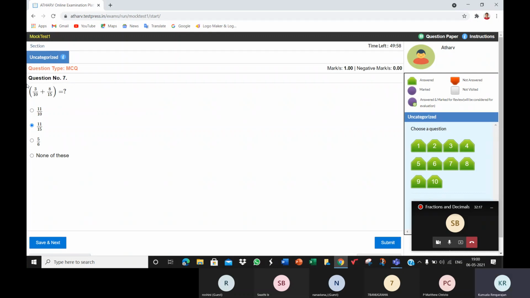Or you want to view the 4th answer again, tap on 4. It will take you to question number 4. Like that, you can go back and see if you've answered everything. You can check your answers.